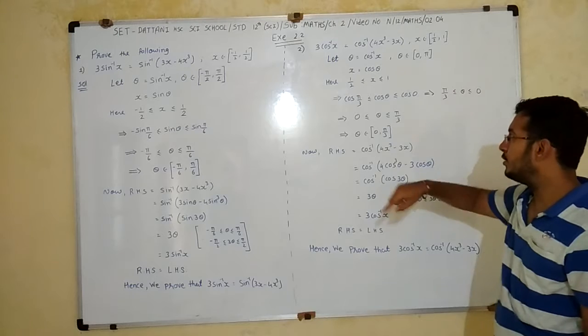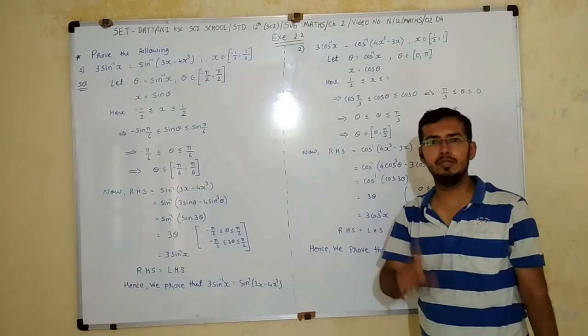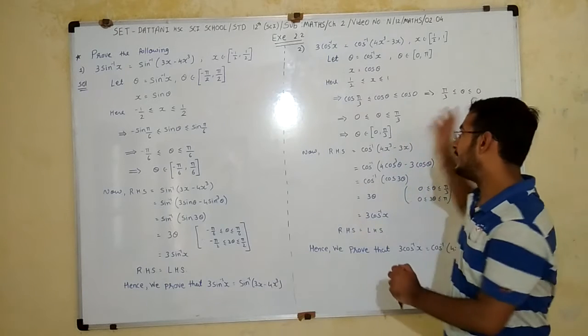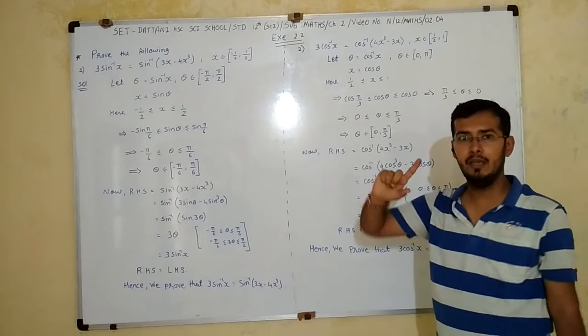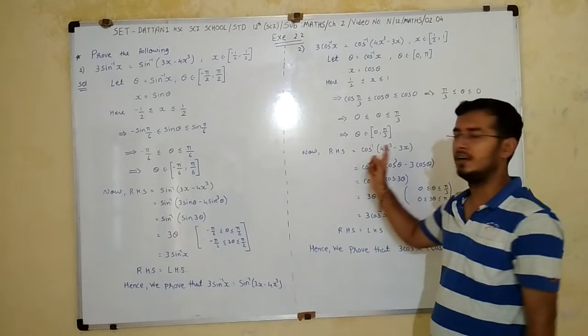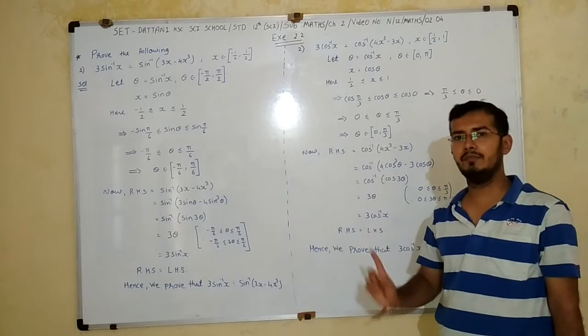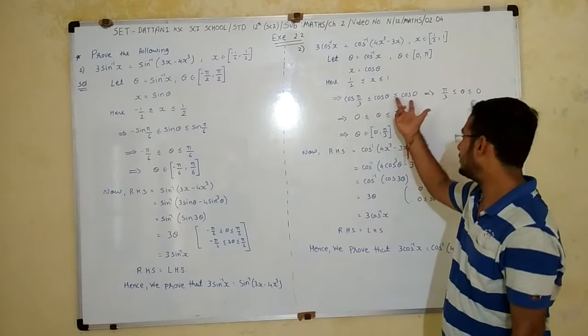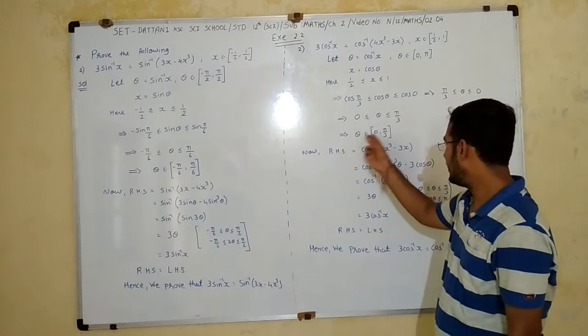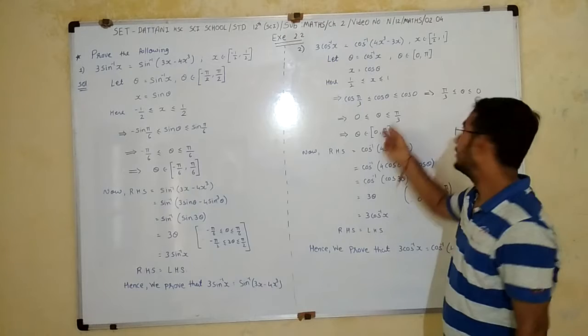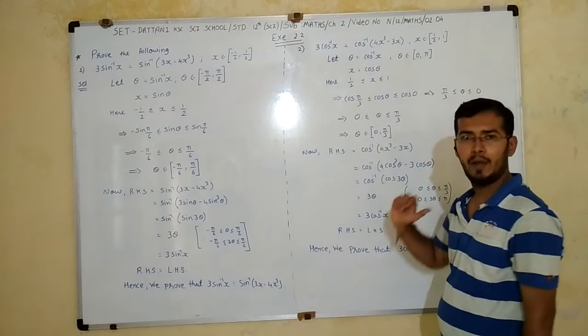In this condition, we know that in the first quadrant cos is a decreasing function. That's why I just change the position of 0 and pi/3. We learned in 11th standard that cos is a decreasing function in the first quadrant. It means theta belongs to 0 to pi/3, so it is in between 0 to pi also.